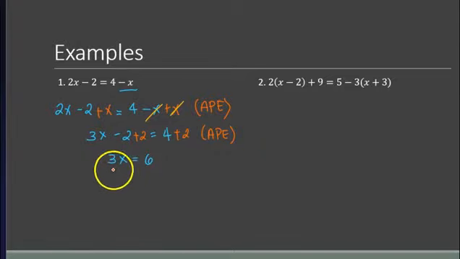Okay, so now we have variable on one side, constant on the other side, and then we're going to divide by the numerical coefficient of the variable so that we'll be able to solve for x. Okay, so there you go, our solution. So we only have one number that will satisfy, so that means our solution set will only contain 2.